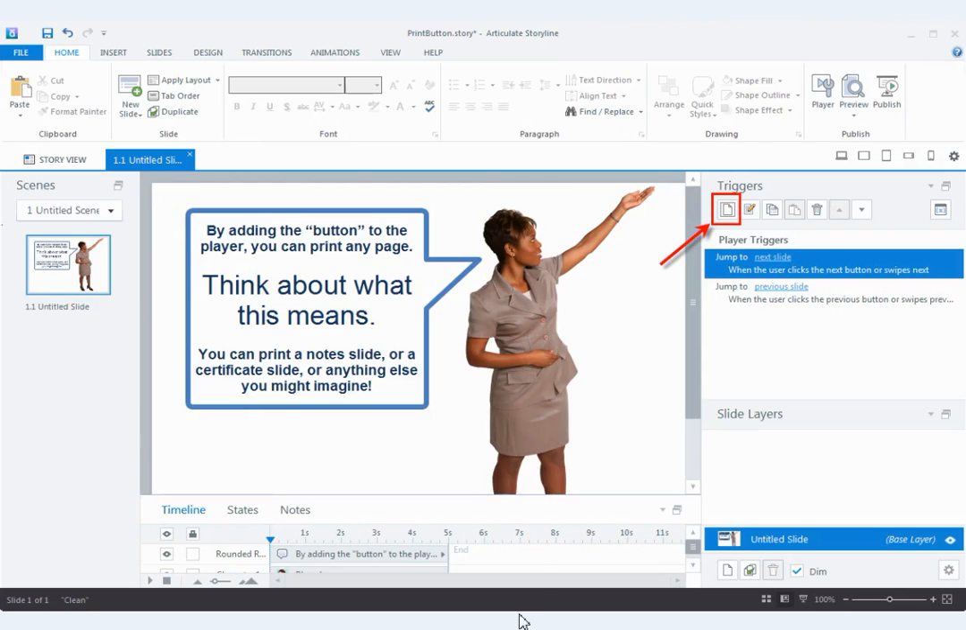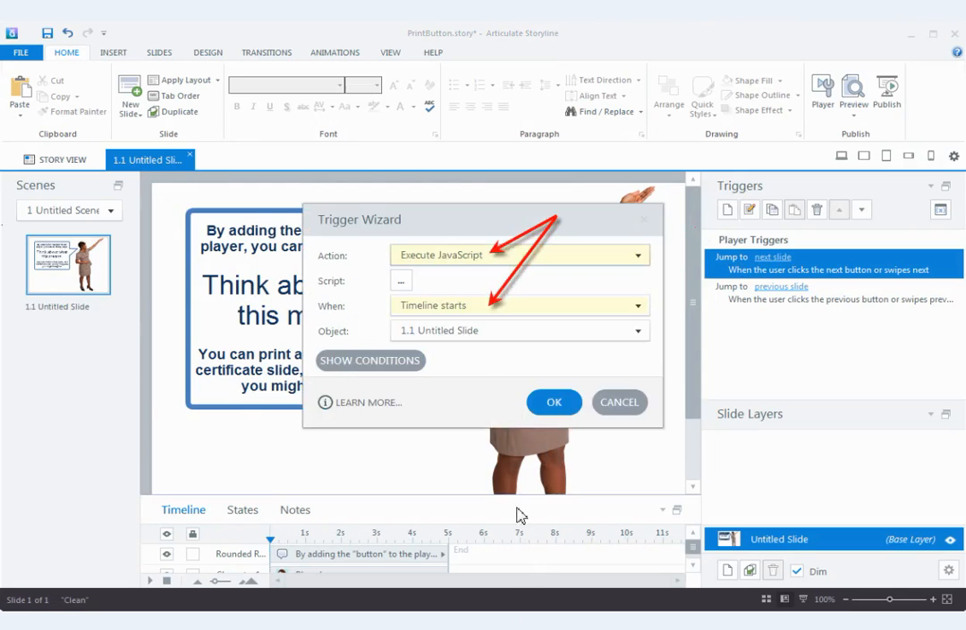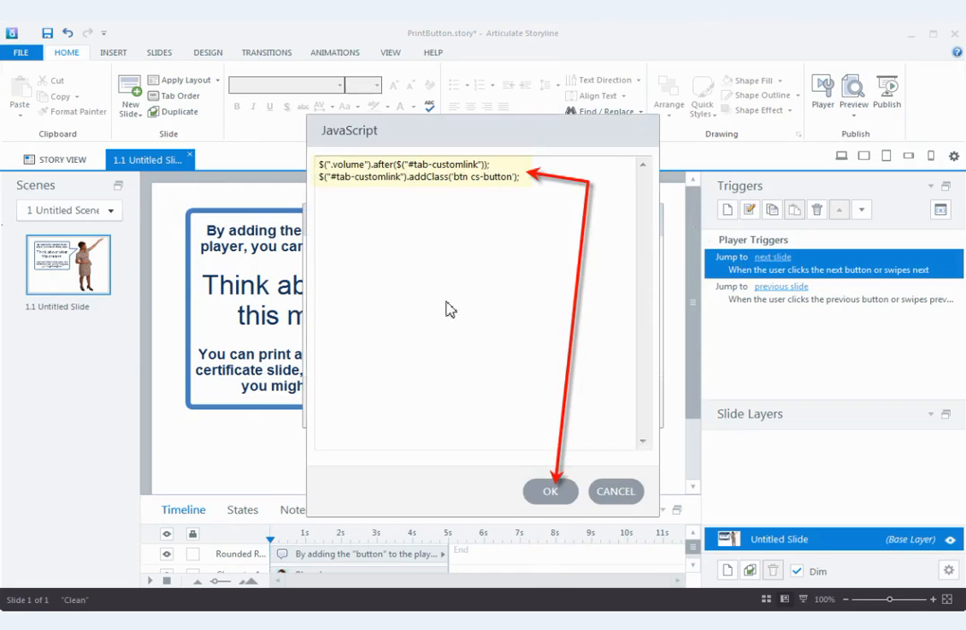So I'm going to come back in. Now that I know the name of that button, I'm going to go onto my slide, trigger wizards, add a new trigger. I'm going to execute JavaScript when the timeline starts. And the 2 lines of code that I'm going to use, and this is using jQuery, I'm going to find